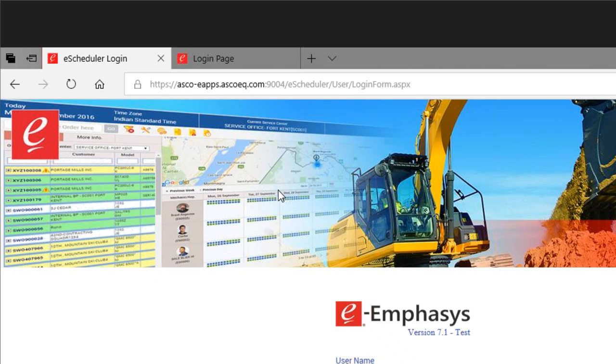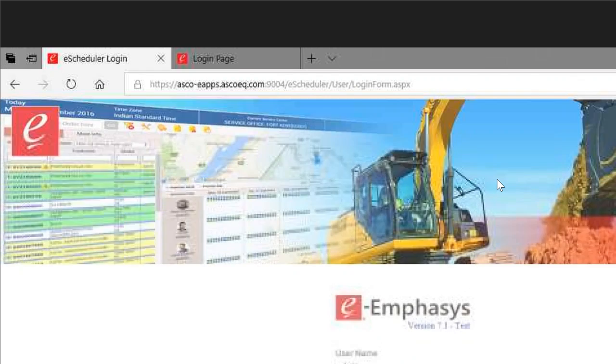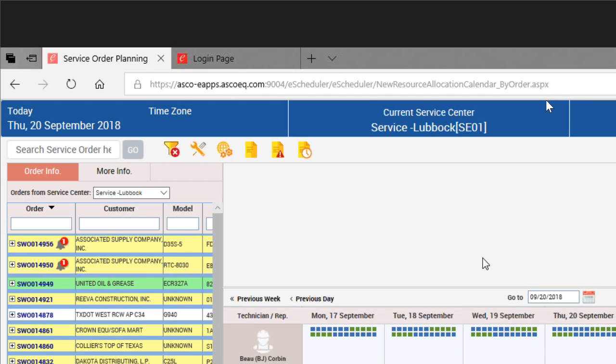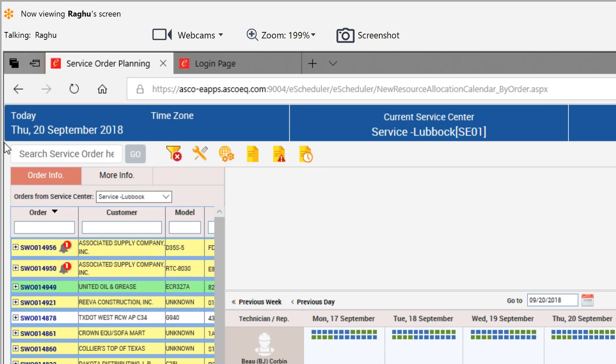I'll go through the service scheduler quickly. This is the service scheduler web page. Hope you can see my screen. Yes. Okay. So this is the page for the service scheduler. You have a username and login, which I have already entered. I can click on the login button here. Once I log in, it takes me to the main service scheduler page,